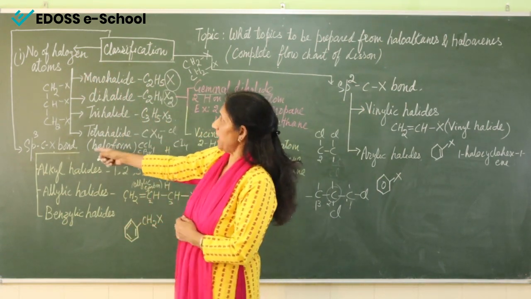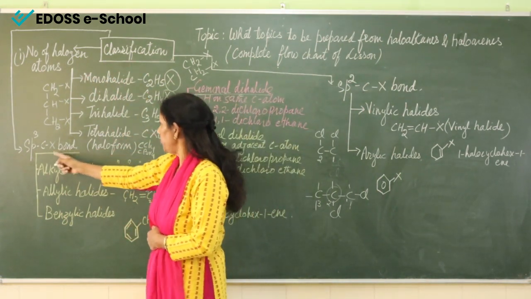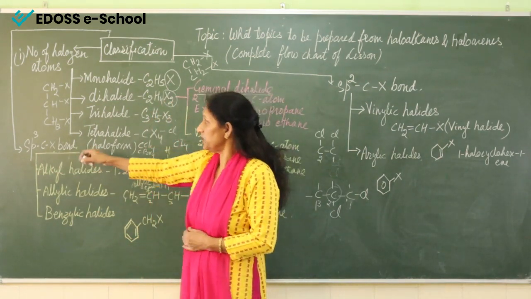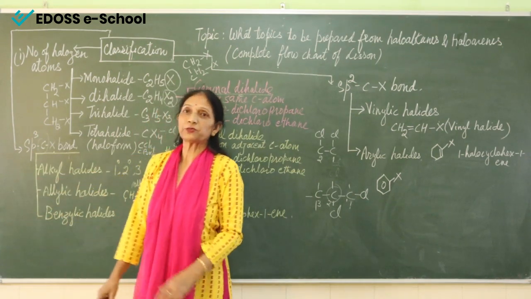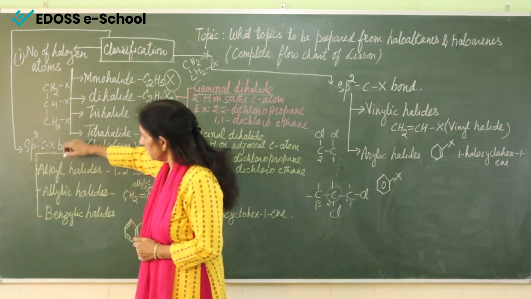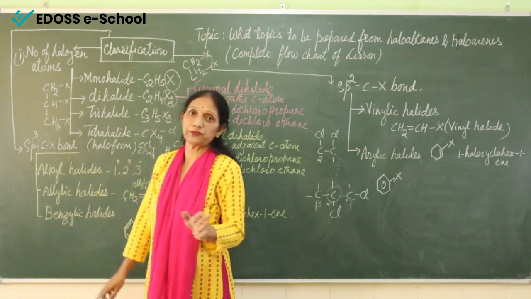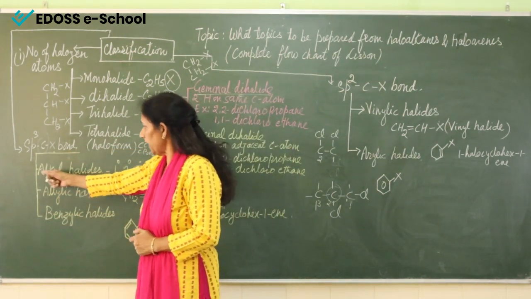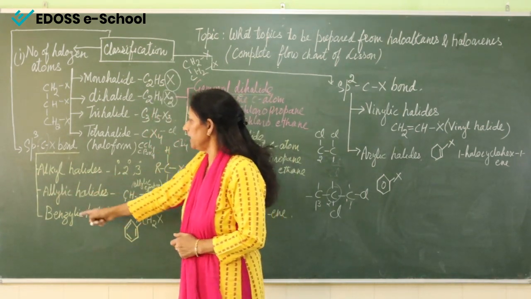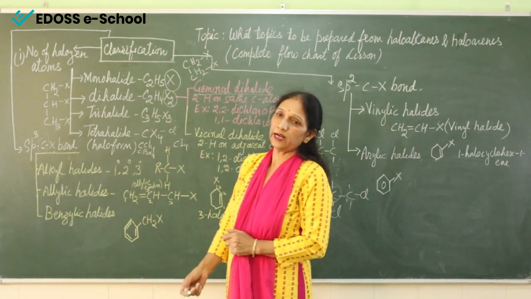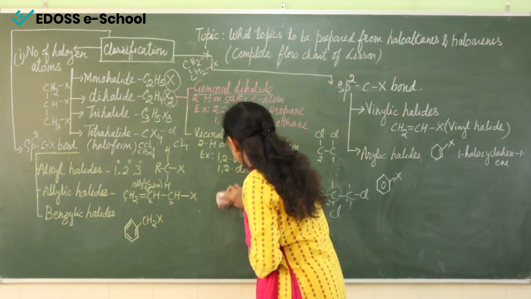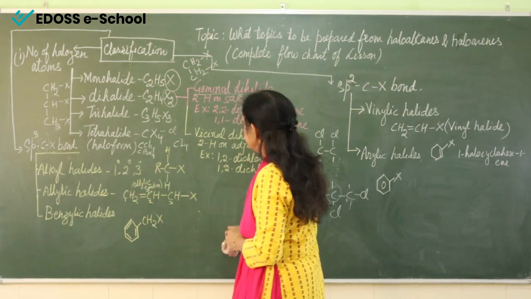Now coming to the second type of classification, that is based on the sp3 C-X bond. sp3 means this carbon atom is sp3 hybridized. Again, here they are of 3 types. It can be alkyl halides, it can be allylic halides, and it can be benzylic halides. First we are taking the example of alkyl halides. Now see here,